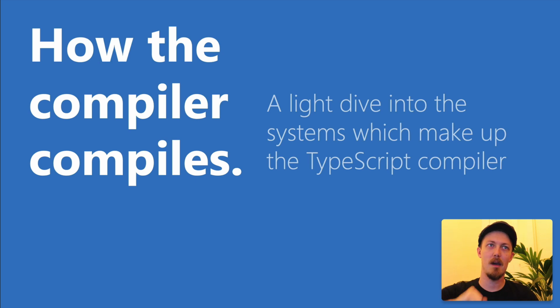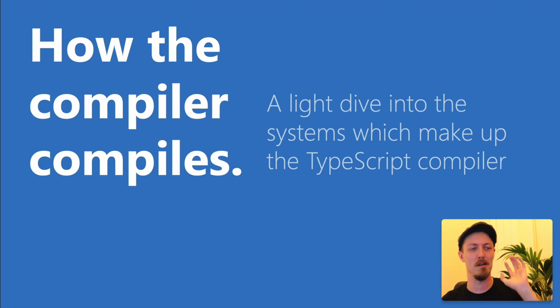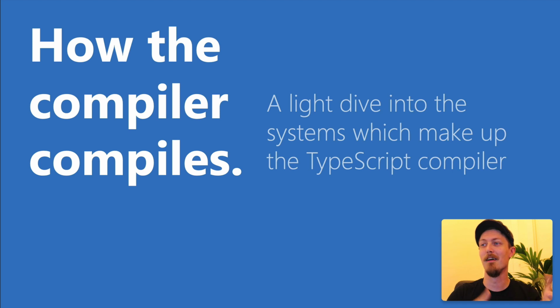Hi everyone, my name's Orta Therox, and we're going to go through how the compiler compiles. So a deep dive into TypeScript's architecture as a code base, with a focus on the pipeline where TypeScript reads a file off the disk, turns that into something in memory that it can then use to type check, and then eventually emitting some JavaScript or source map files